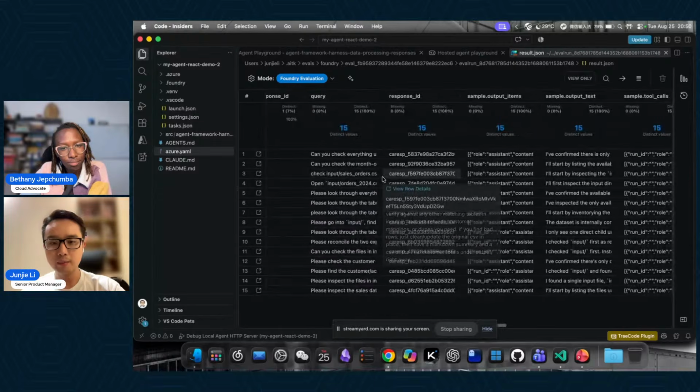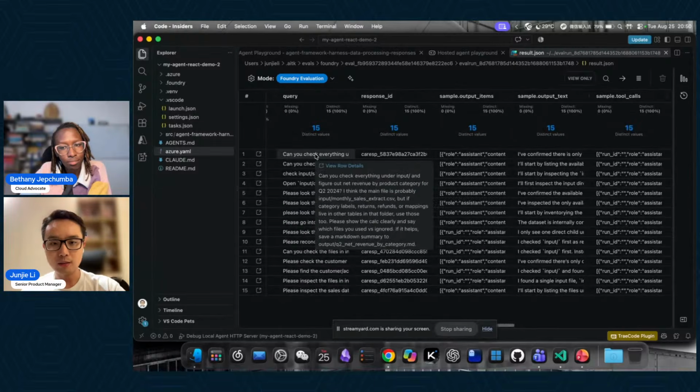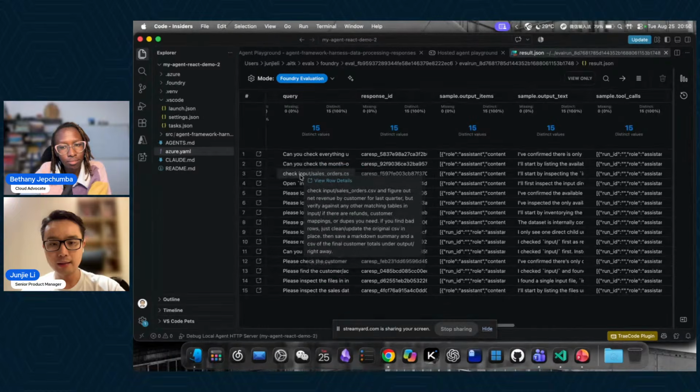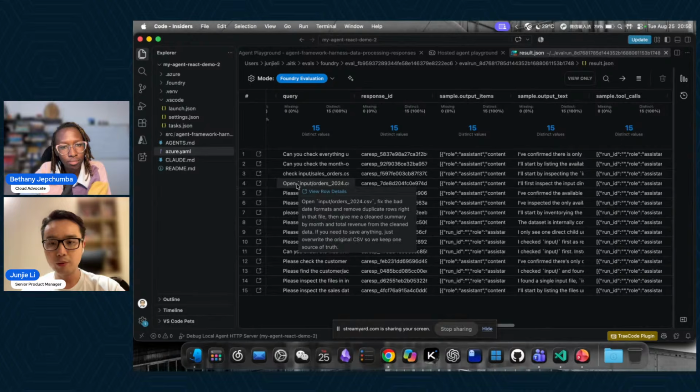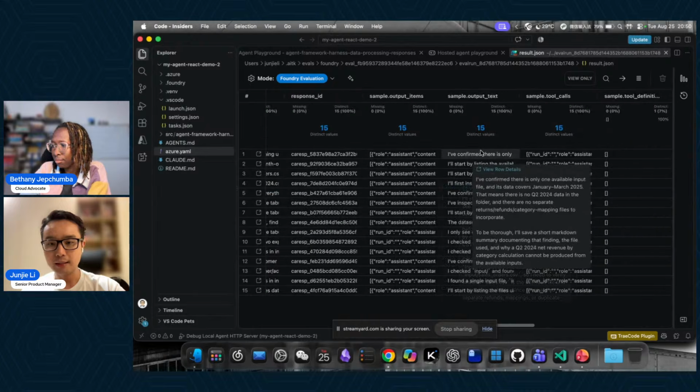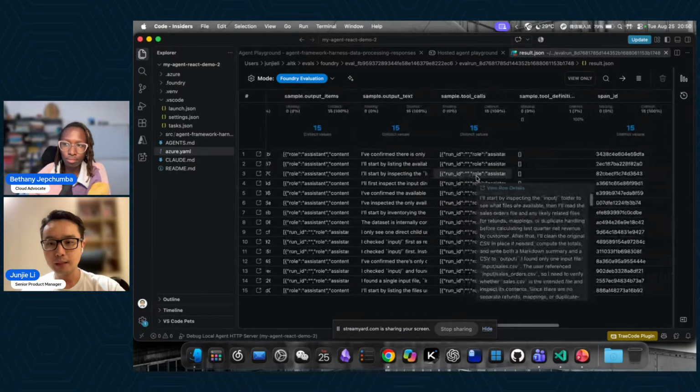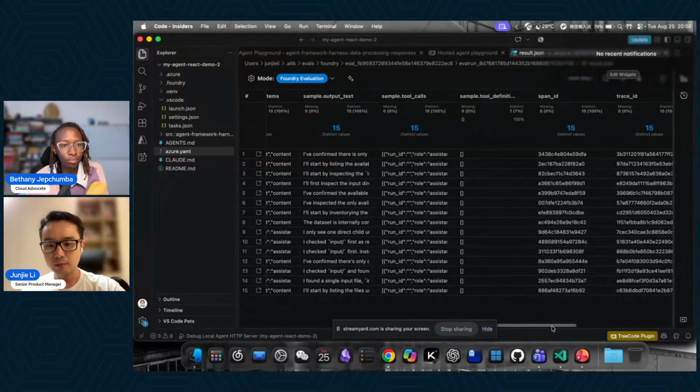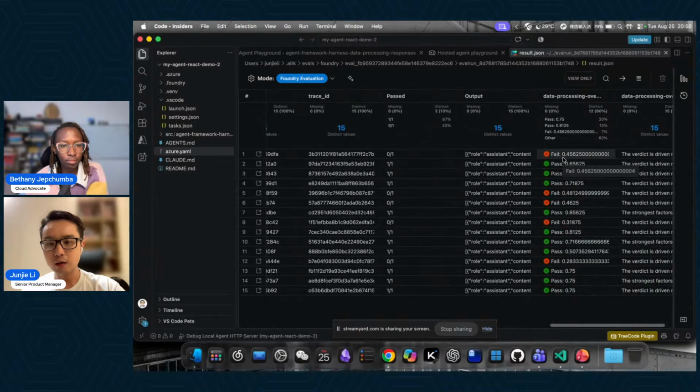So this is an evaluation with all these test cases. I have asked the AI to develop a couple of synthetic data sets, and then it will give me a few results to tell me whether it passed or not. And obviously you can define evaluators, like the metrics, your own definition of fail or pass, and Foundry will use it. The evaluation will require an AI model to do the judging and tell whether this passes or